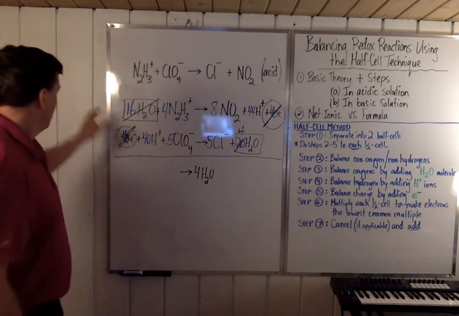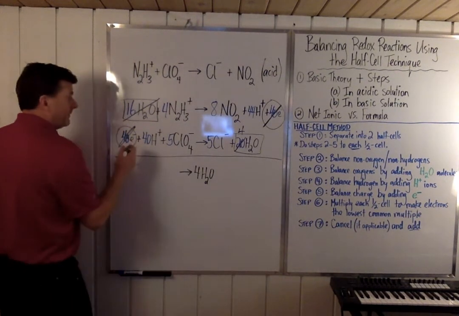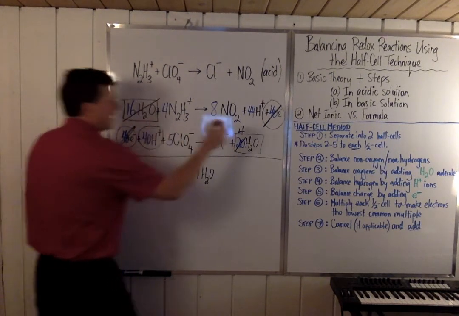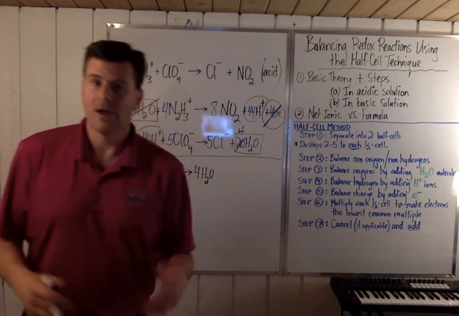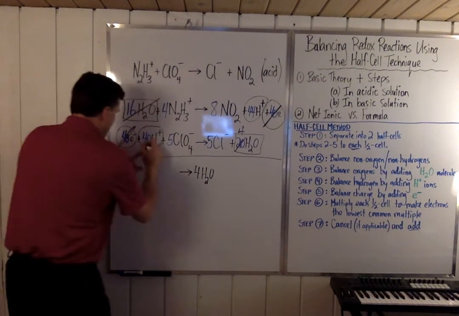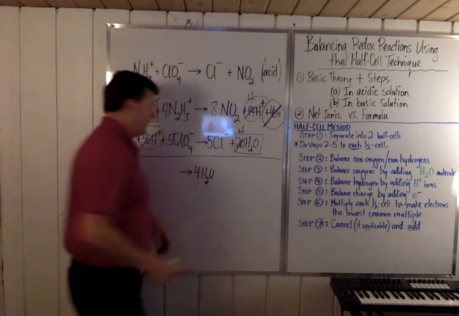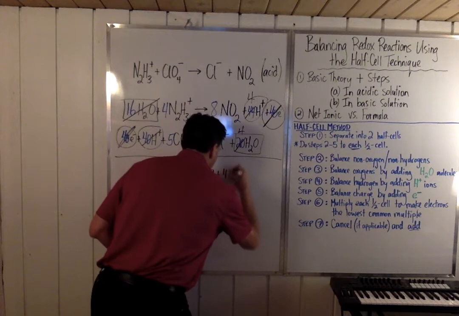Okay, I'm done with water. Now on to the H pluses. I've got 40 H pluses right here, and I've got 44 H pluses over there. Again, 40 here, cancel those and leave behind 4 of those guys. Well, I've got 4 H pluses